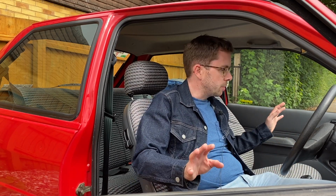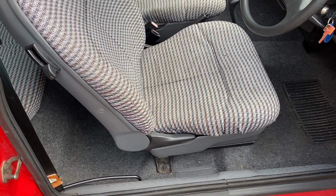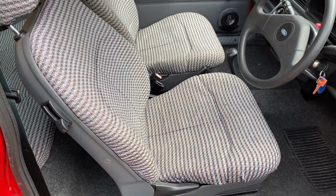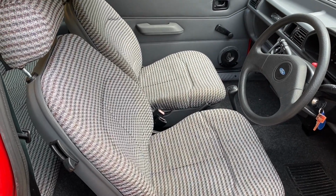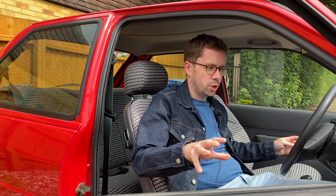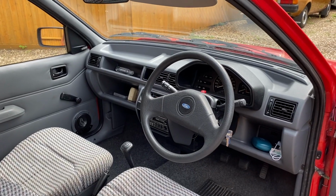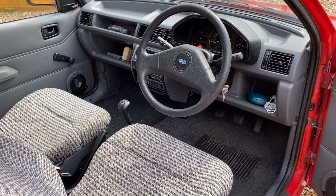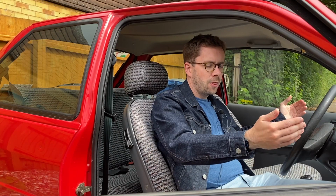The interior of the Fiesta is an altogether more austere affair, I feel. We're predominantly here with grey as the overall colour. So we've got grey vinyl door cards, although now they do cover the entirety of the door, so there's no body colour metal on show. We have a grey moulded one-piece large dashboard with loads of little cubby holes that extends into the cabin quite